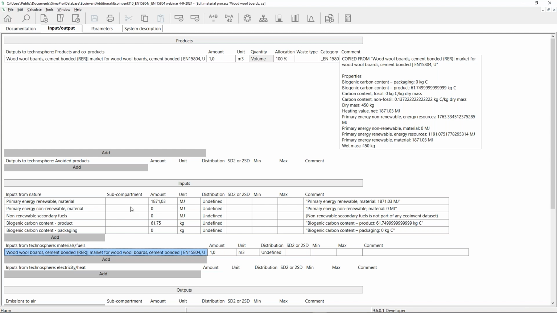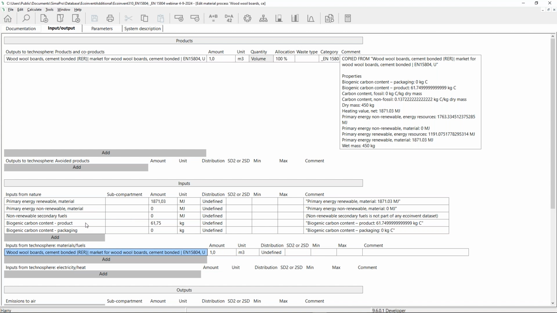And I did the same for the non-renewable used as material, but since it is zero, there's no difference there. I noticed that for the non-renewable secondary fuels, I think, but maybe Enrico can correct me if I'm wrong, nowhere in the ecoinvent data set is there a value other than zero for that, but I might be mistaken.